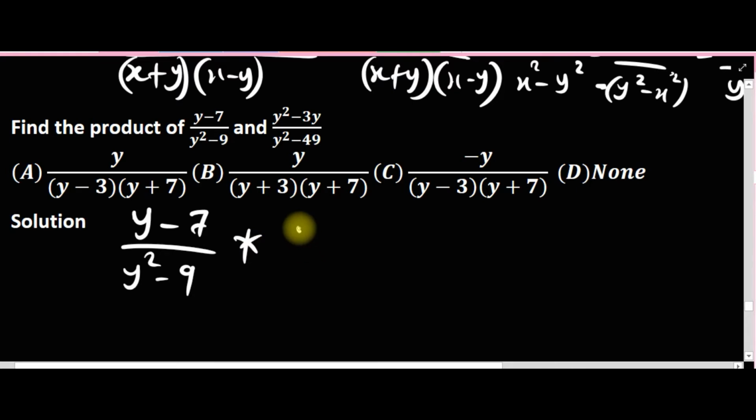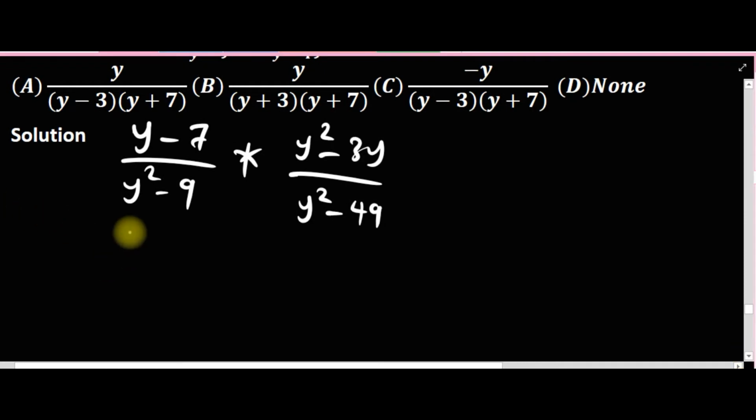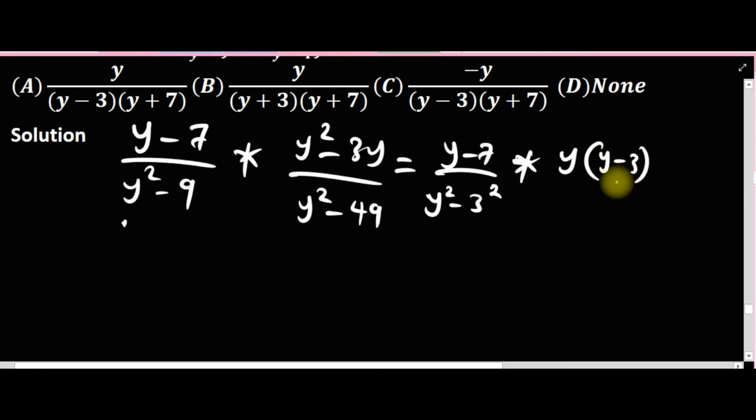times y squared minus 3y over y squared minus 49. So we're asked to find the product. So what we notice, we can write this as y minus 7 over this difference of 2 squared. And again, we'll factor, nothing has spoiled, I factored y, and here is also difference of 2 squared. So we can go further